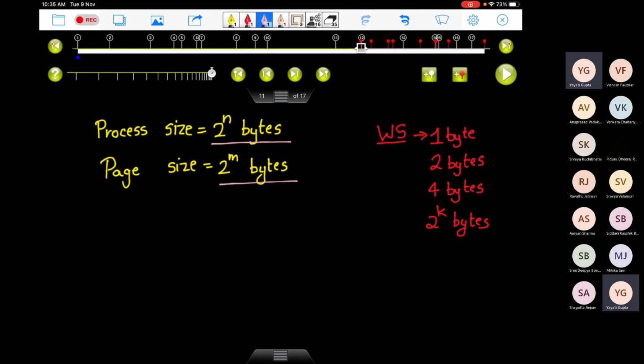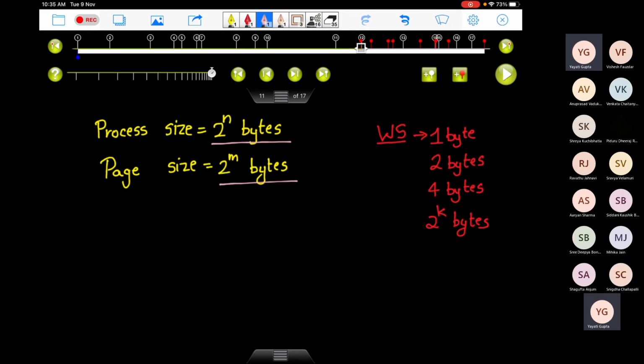Right, so we use terms like memory is 1 byte addressable, 2 byte addressable, 4 byte addressable. So what exactly is that? Let's assume the very basic case when the memory is 1 byte addressable. Always remember that your memory is divided into things called words.